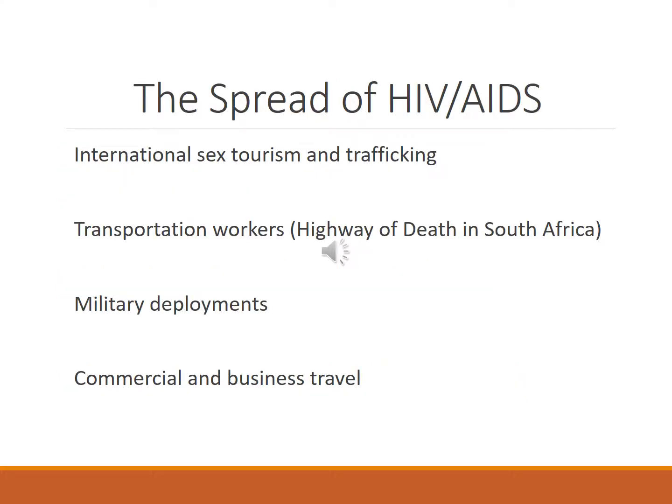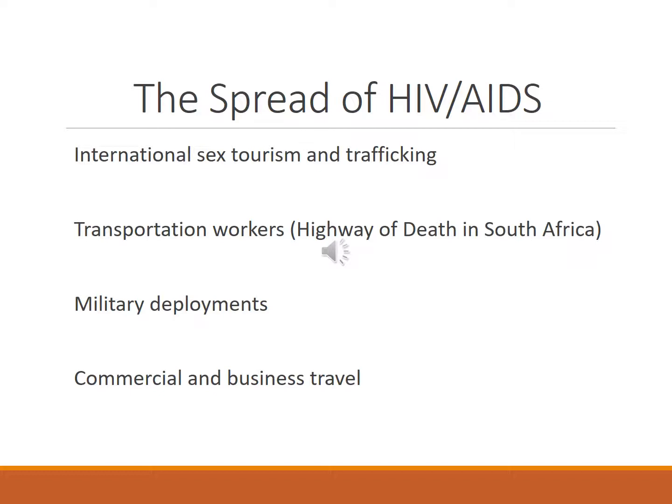Because AIDS is primarily spread through sexual activity, we see those parts of the world that struggle with trying to control things like sex tourism and sexual trafficking. We see these parts of the world trying to deal with and confront the problem of HIV/AIDS infection. In places like South Africa and Sub-Saharan Africa, there are huge infection rates with regards to HIV/AIDS.